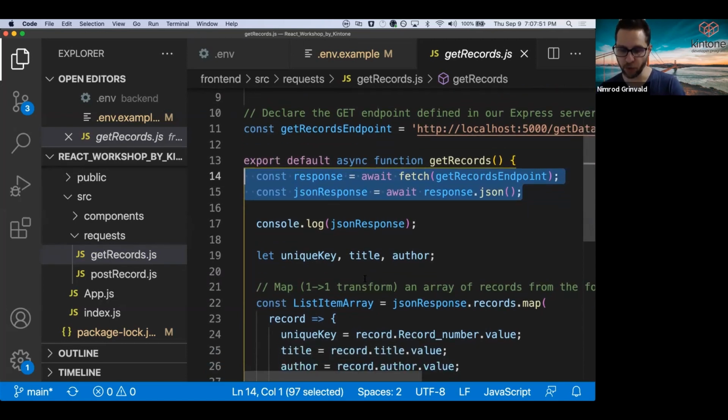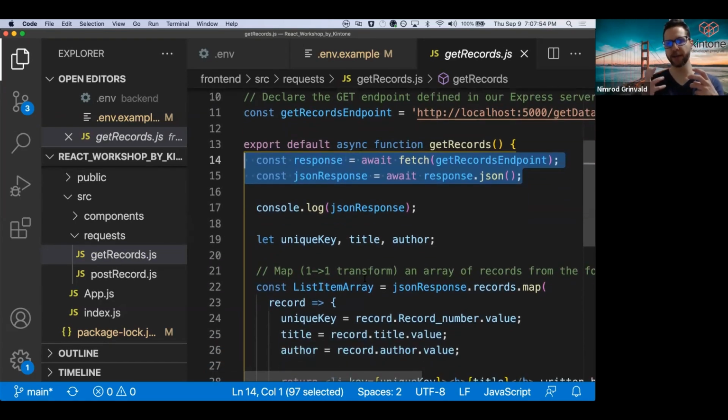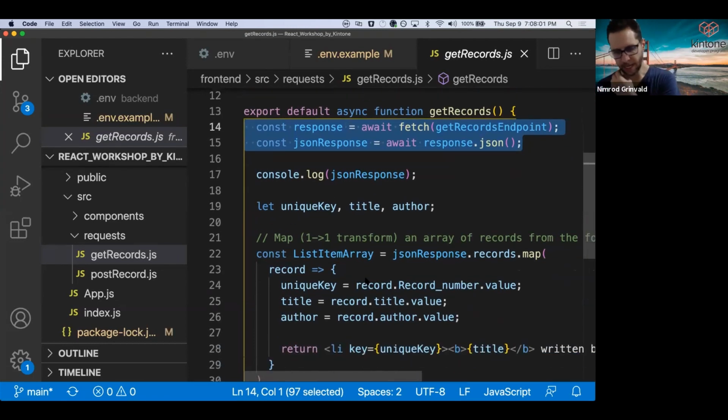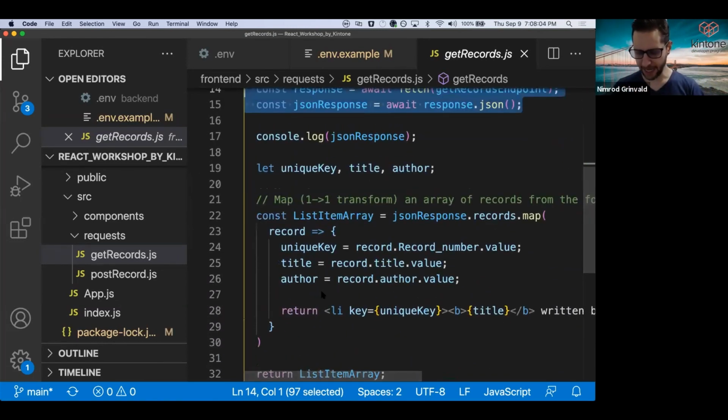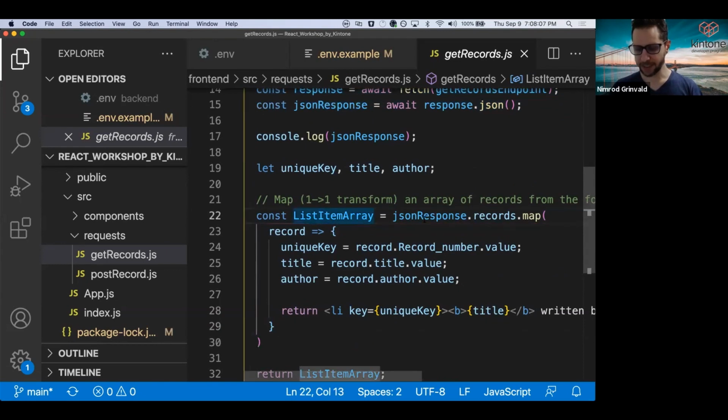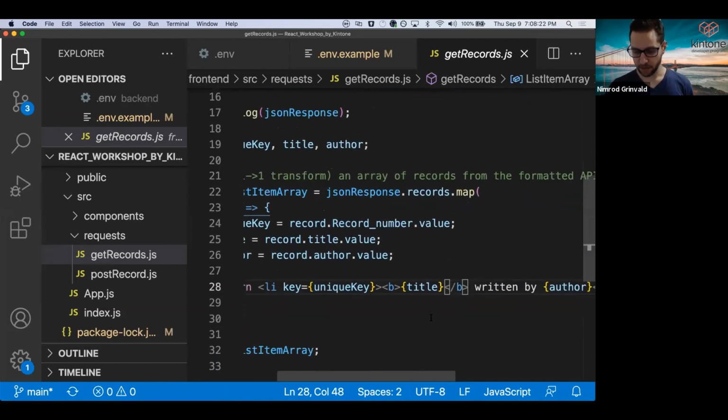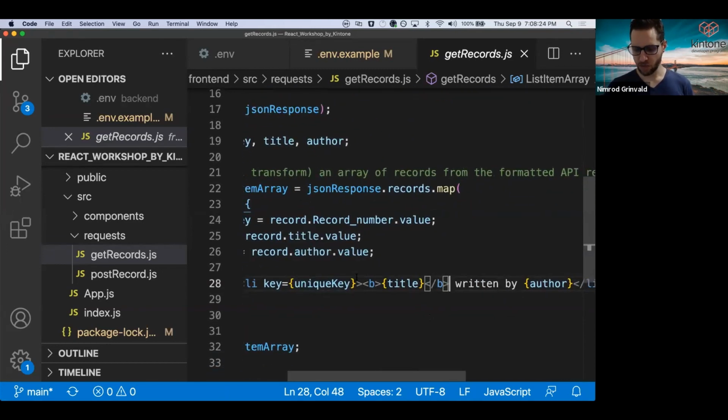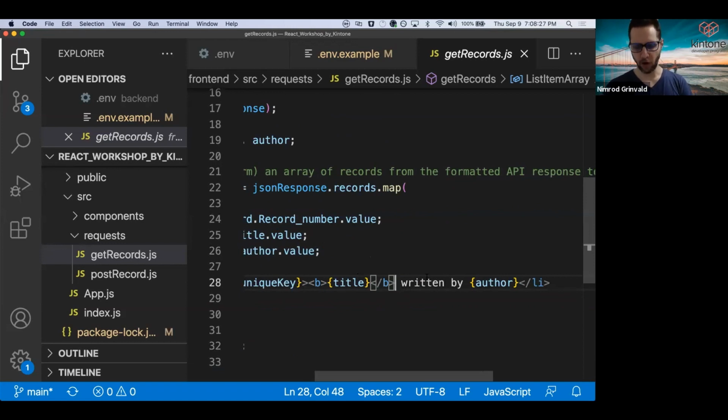And then from there, we need to interpret the data that we received and transform it into something that's going to be useful for us. And so that's what's happening in this next area over here, is that we are taking the JSON response that we've received once we've fetched that information. We're going to map it. We're going to do a one-to-one transform of each record in that array. We're going to transform it into a list item